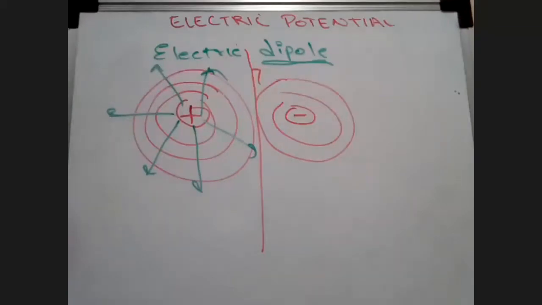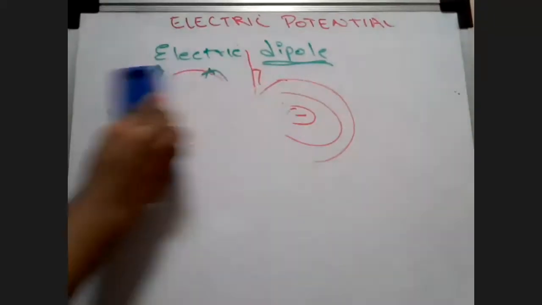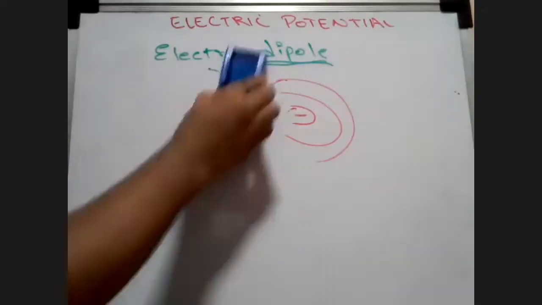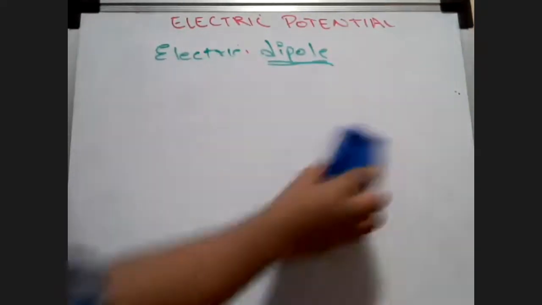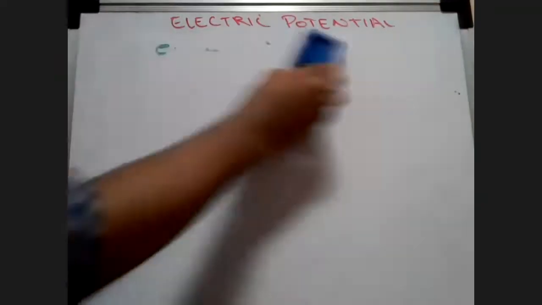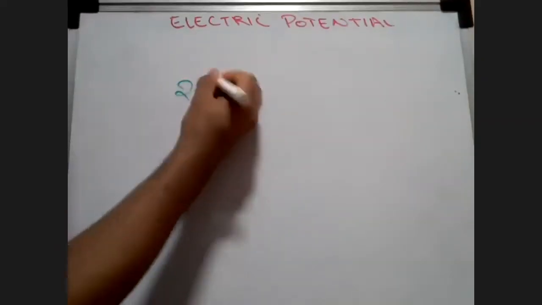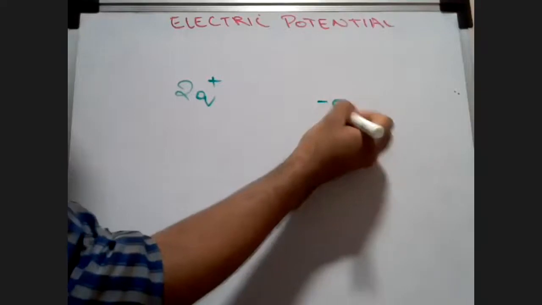But this observation alone was not enough to understand what a dipole is, and dipoles are a very good topic to understand electric field intensity and potentials at different points. Sir, is it required for the charges in the dipole to be equal in magnitude? It does not need to be. You can take 2q over here as the plus charge, and minus q here.